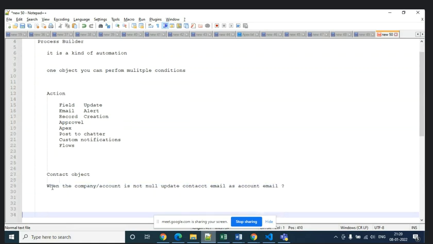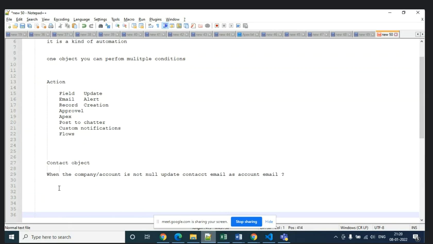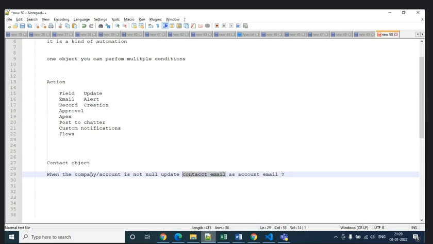This is a scenario. When you are creating a contact record, if account is not null, the contact email should be the account email. Means you should take the account email and update it as the contact email. Okay, this is the scenario.